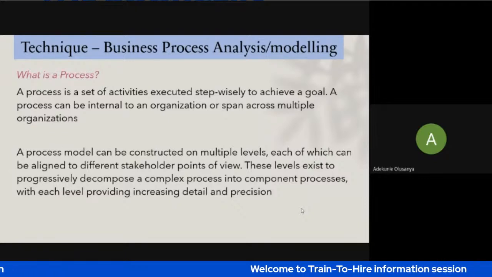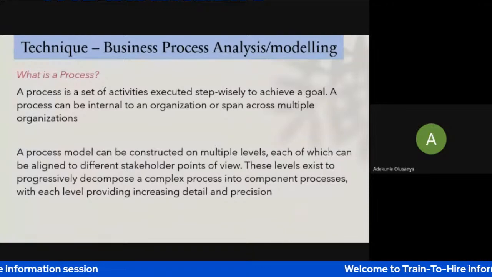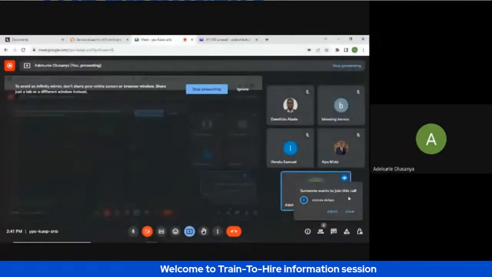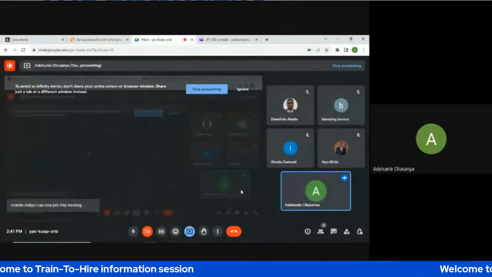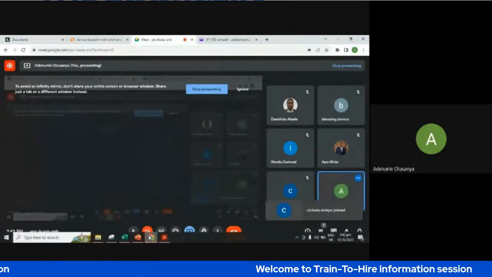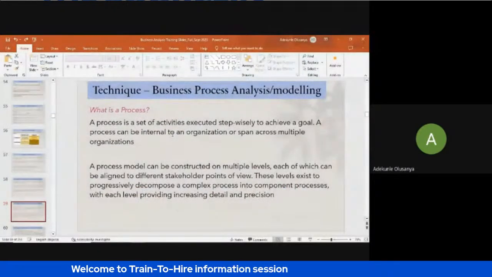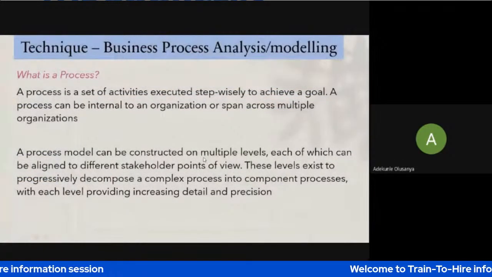So how do you apply for forex? What conditions have to be met? How do you route your request to the CBN? How do you treat compliance issues raised by the CBN? How do you do all of that? So this is a process. There are processes in that regard that are external to your organization. So business process models are not only internal to your own organization, you can also have them cutting across multiple organizations.